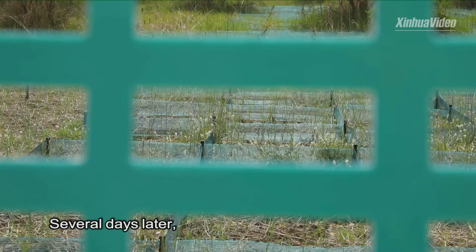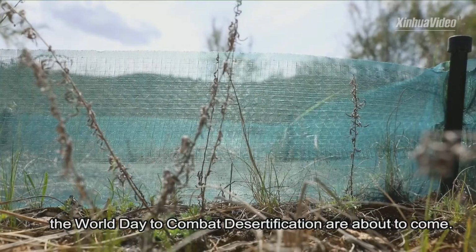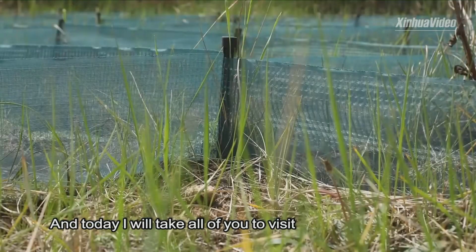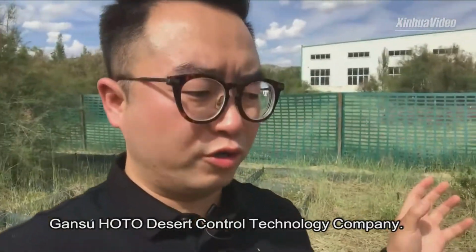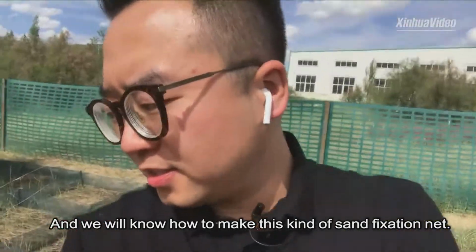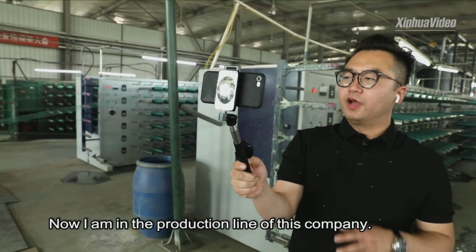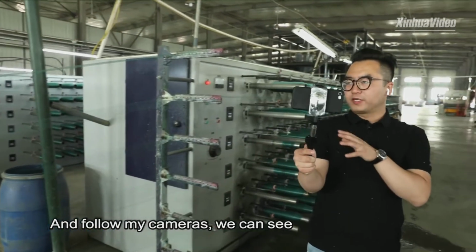Several days later, the World Environment Day and the World Day to Combat Desertification are about to come. And today, I will take all of you to visit this eco-friendly enterprise, Gansu HOTO Desert Control Technology Company. And we will know how to make these kinds of sand fixation nets. Let's go. Hello everyone, now I'm in the production line of this company, and from my cameras we can see